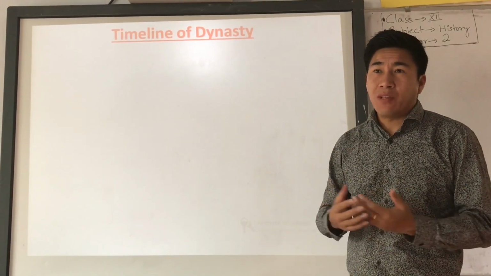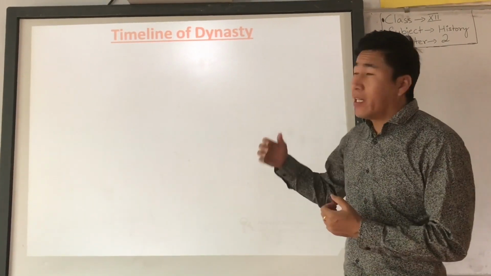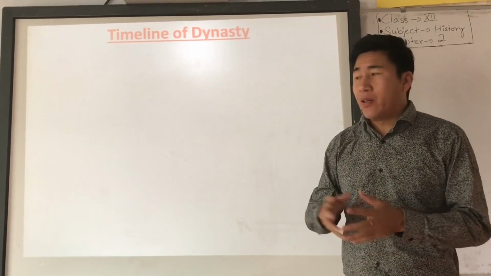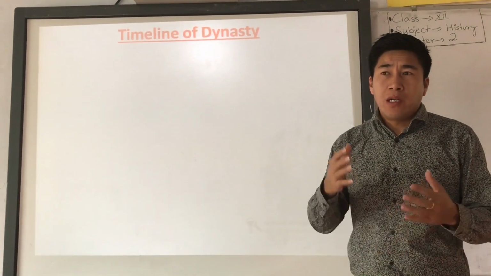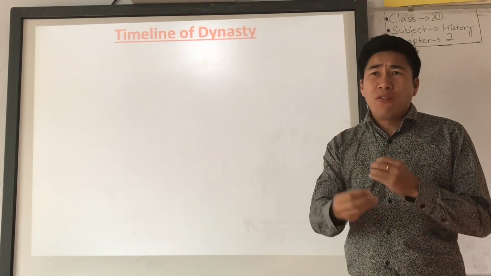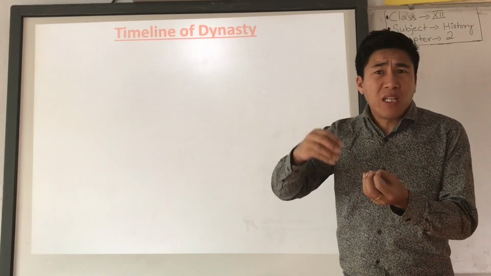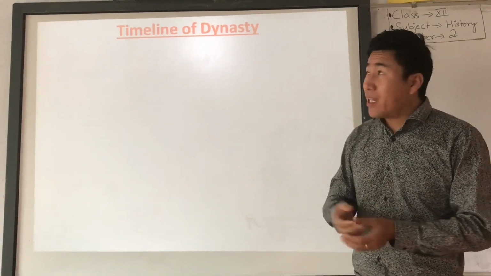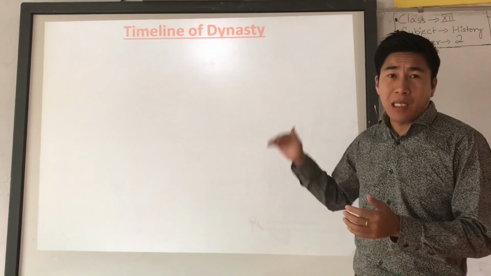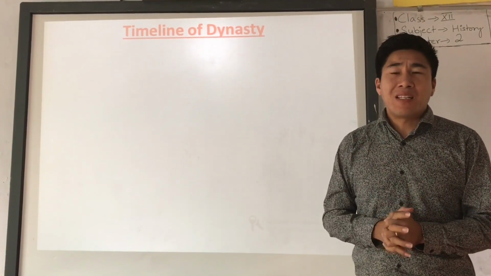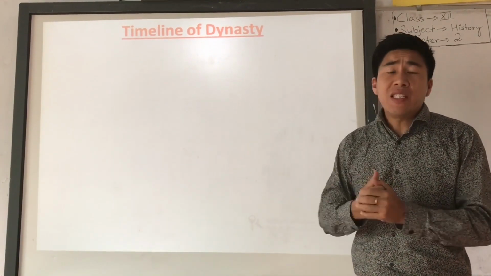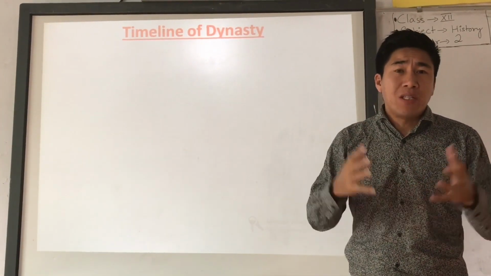Before I start with the remaining topic, I think it's very important for you to know the timeline of dynasties. In this chapter, chapter number 2, there come different names of dynasties, right? So I think it will give you a little bit of confusion because of the different names of the dynasties. If you know this timeline chronologically and properly, then it will help you to understand or learn this chapter more easily, right? So here is the timeline of the Indian dynasties in the ancient time.